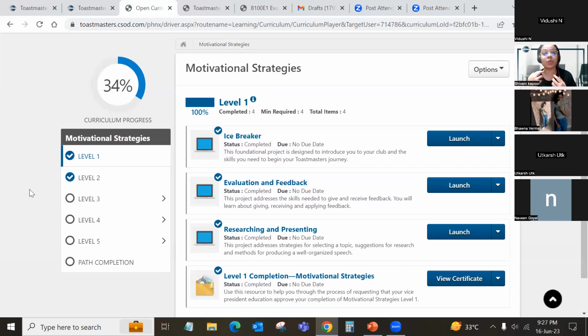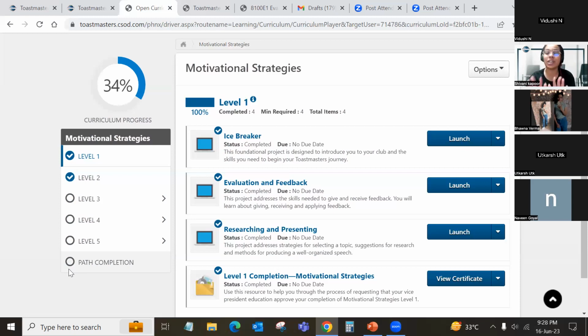Entire meeting, you get too much into listening to what the speaker has to say, but at the same time you have to be alert enough to note down the filler words that a speaker is inadvertently speaking. In order to tell them where they can improve, it also increases our active listening skills, right? So this is just a glimpse of what I believe to be a healthy balance of taking up roles, helping the EC team, delivering your speeches, and completing levels.